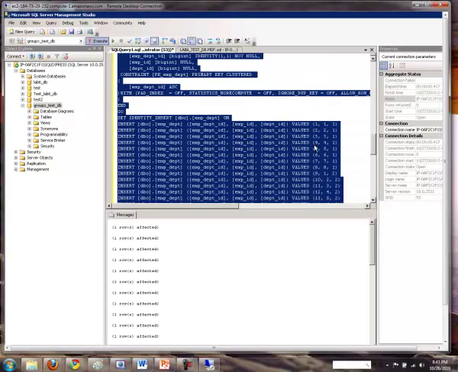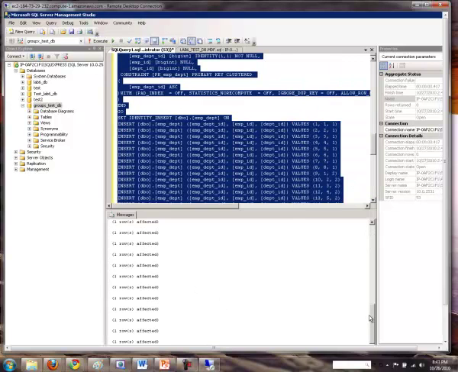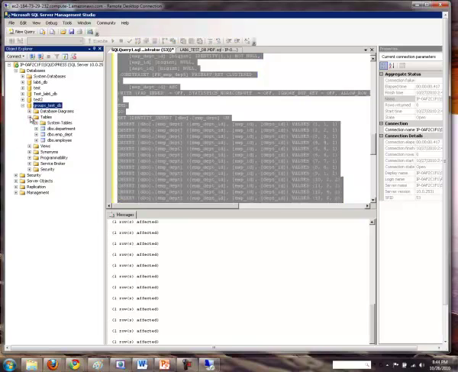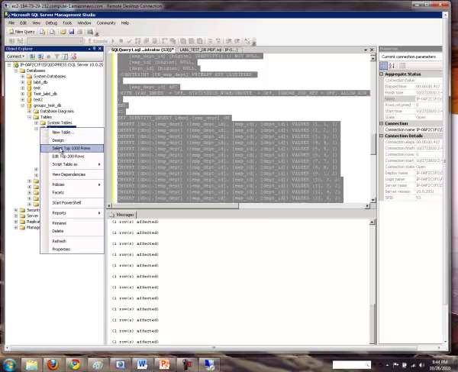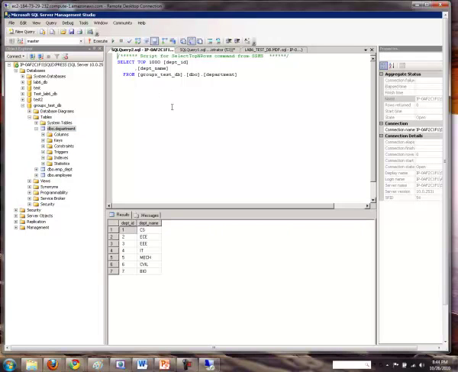Once I click execute, I should see this output, like all the tables getting inserted and all the rows being inserted into the tables. So if you expand the tables folder, you should see all the tables which are in the script being created, and also the rows, whatever rows were in that particular table, would also be inserted for you.